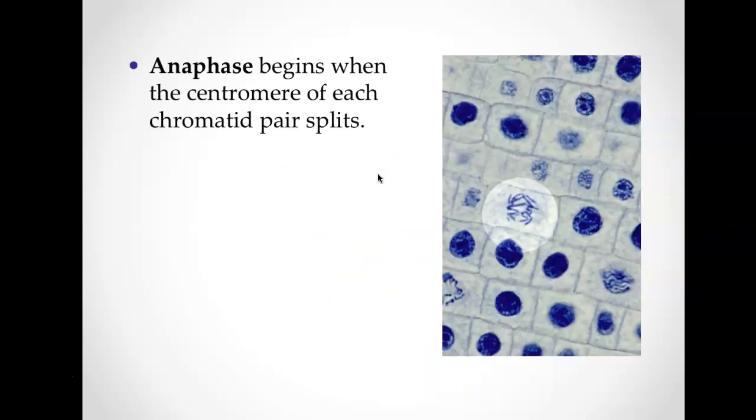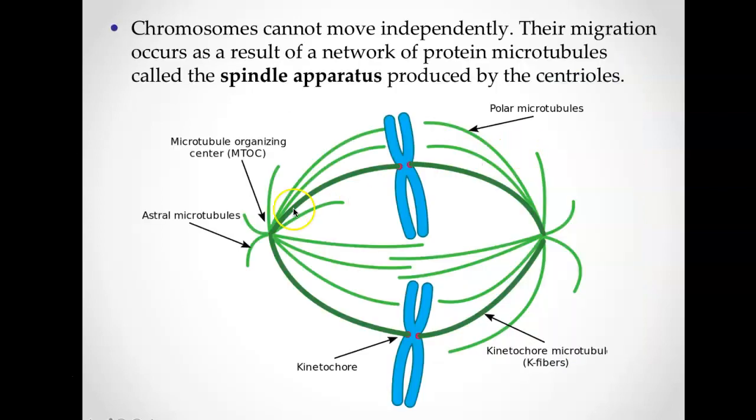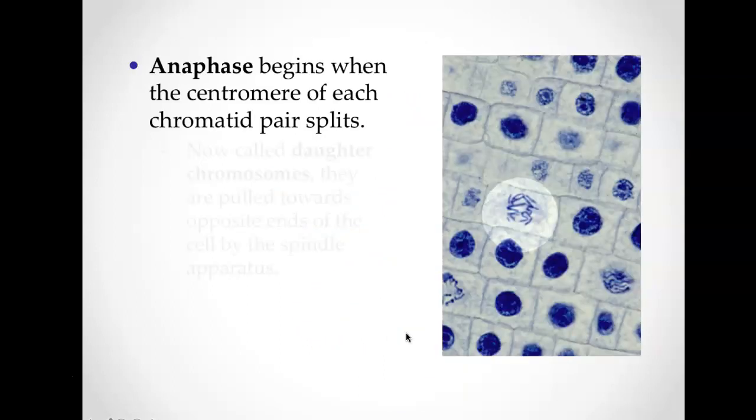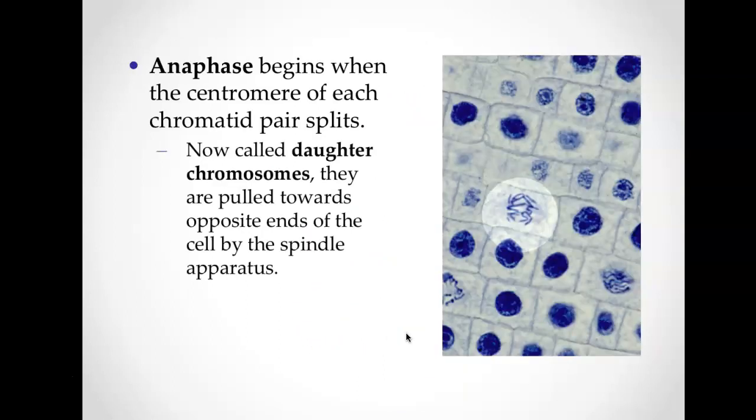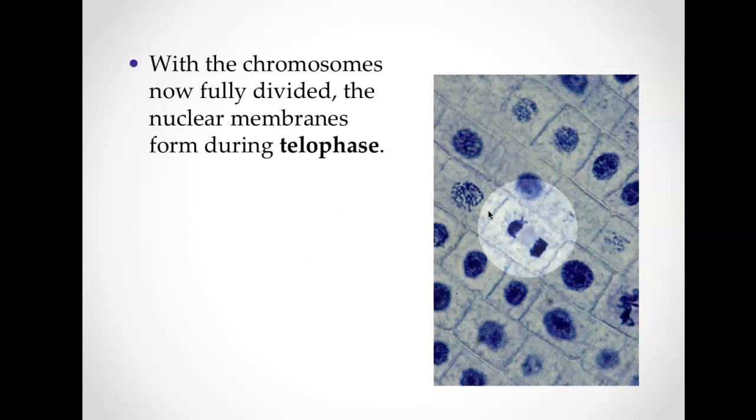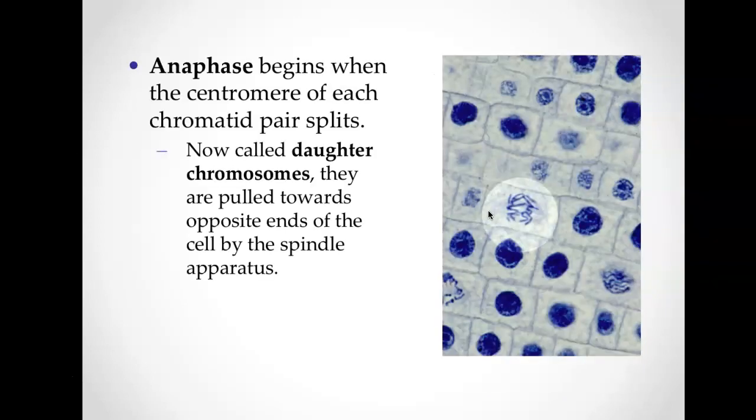All right. And so metaphase involves the chromosomes lining up in the middle and the spindle attaching to each chromatid. Anaphase is going to be where those two chromatids are actually being pulled apart. Okay, and this is what anaphase is going to look like under the microscope. So the centromeres of each chromatid split and the chromatids are being pulled apart. They're pulled to opposite ends of the spindle by the spindle apparatus. And so they're just being pulled apart.